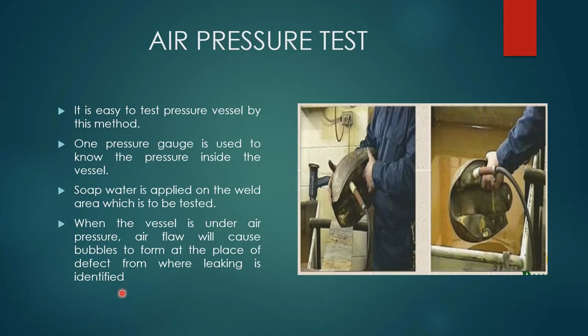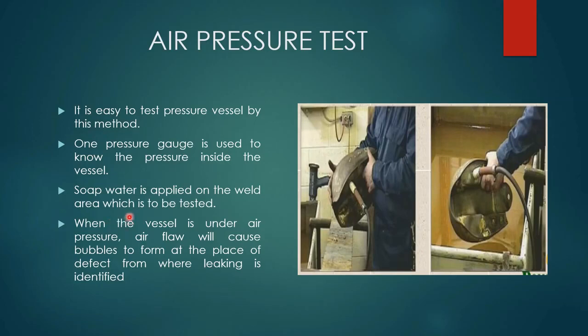Now next is the air pressure test. The air pressure test is similar to the hydraulic test which we have seen earlier. In this test, air is used for increasing the pressure inside the vessel. So it is easy to test a pressure vessel by this method. One pressure gauge is used to know the pressure inside the vessel. Soap water is applied on the weld area which is to be tested. When the vessel is under pressure, airflow will cause bubbles to form at the place of defect, from where the leaking is identified. So wherever the weld is done on a pressure vessel,